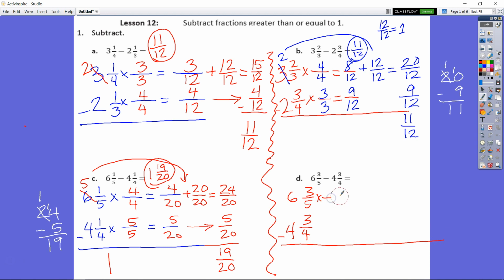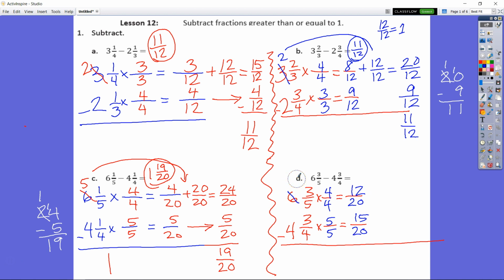Let's go ahead and times fraction bar equals fraction bar, times fraction bar equals fraction bar. I know that my fifths are going to be cut into fourths, and my fourths are going to be cut into fifths. Switching my denominators around and making them equivalent to 1, writing them as a fraction equivalent to 1. All right, so we have 4 times 3 is 12, 5 times 4 is 20, 5 times 3 or 3 times 5 is 15, 4 times 5 is 20. 12 minus 15 I cannot do, so I need to,